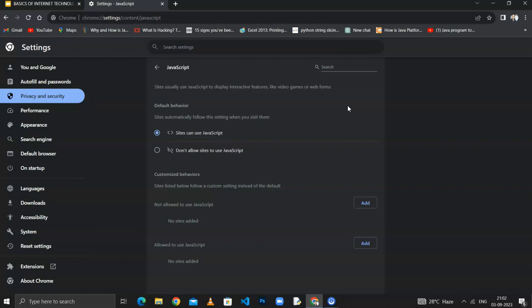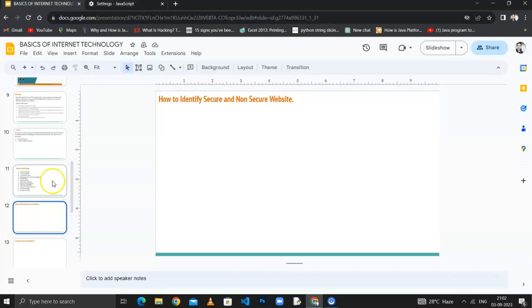If you want some websites to use JavaScript, then you can enable this option, where sites can use JavaScript. If you do not trust any particular website, you can customize the behavior, right? So you can add those websites you don't trust in this customized behavior, and they are not allowed to use JavaScript. Okay. So moving on to the next type of setting, that is